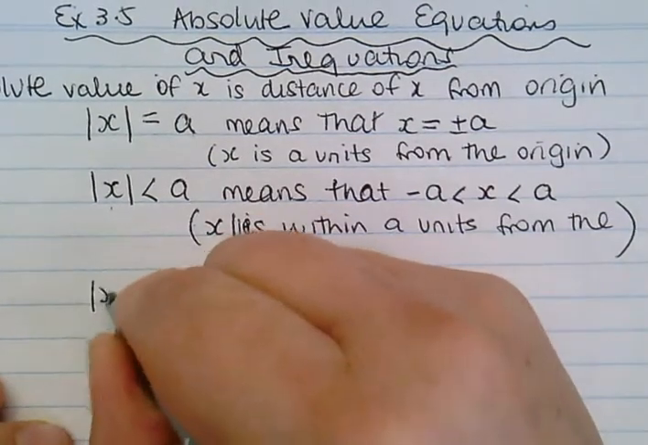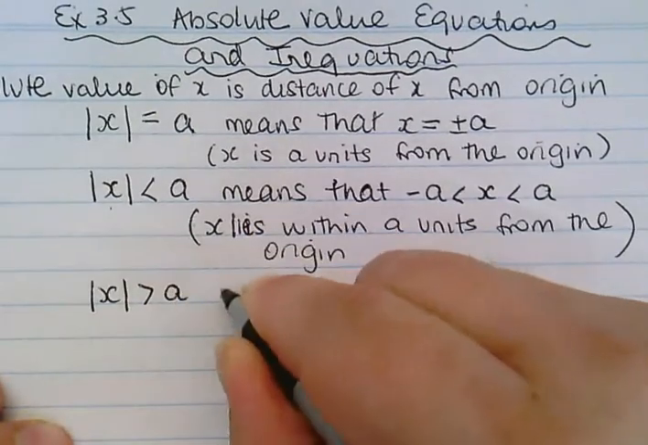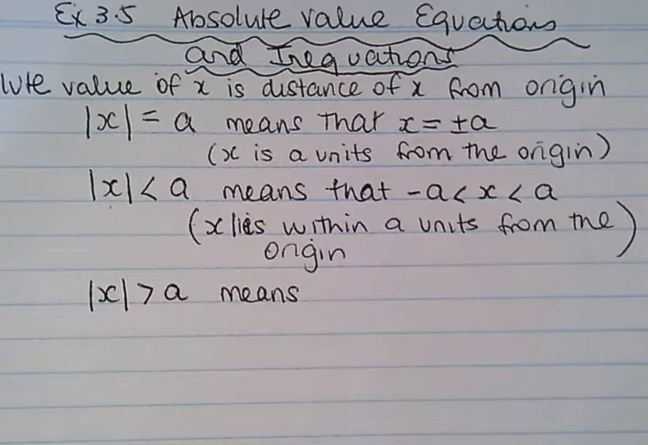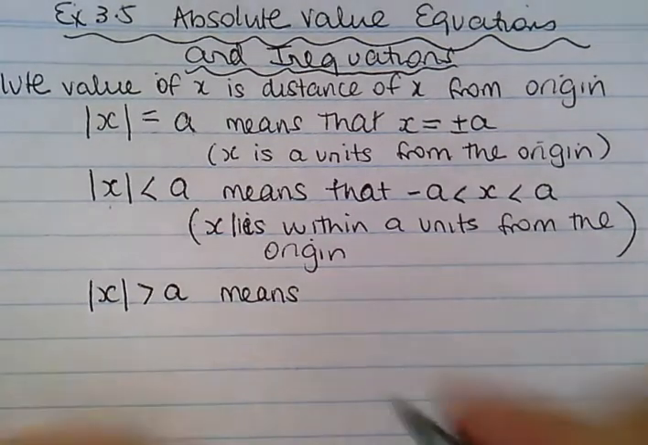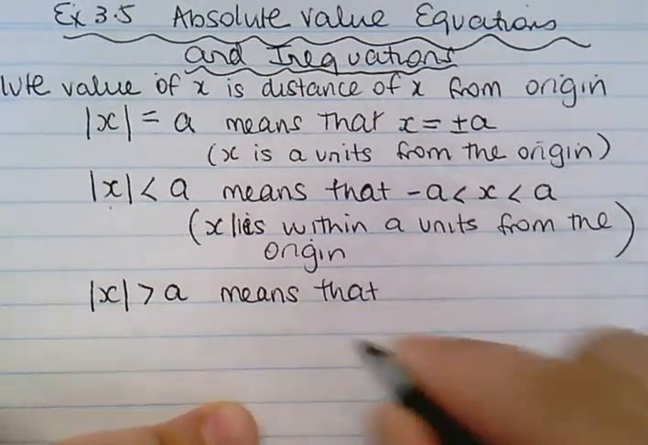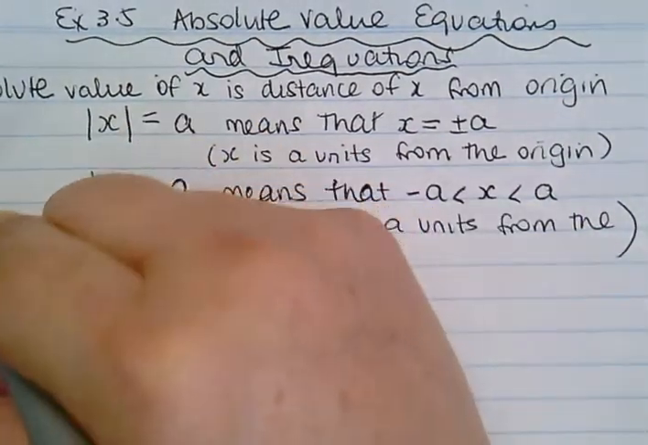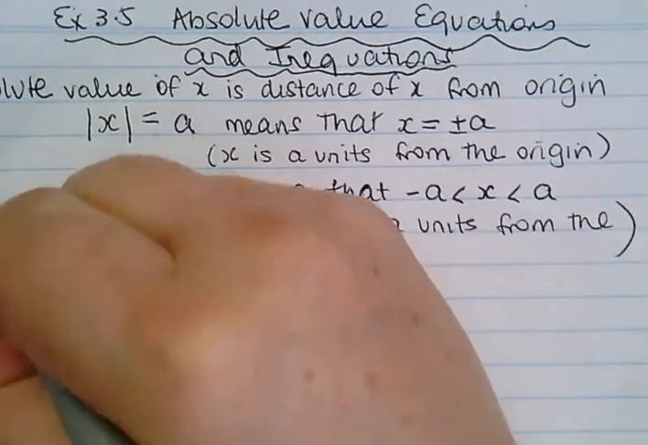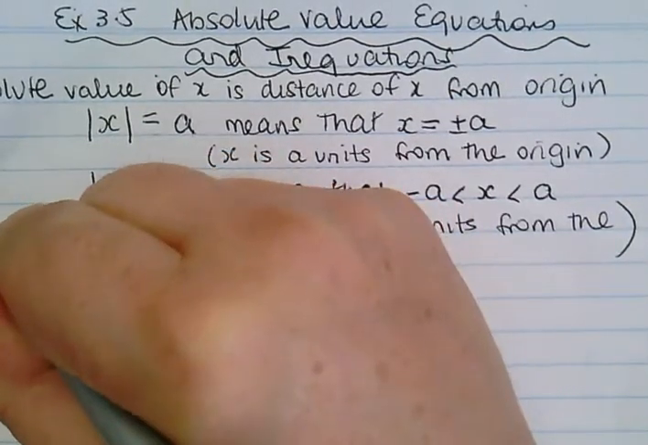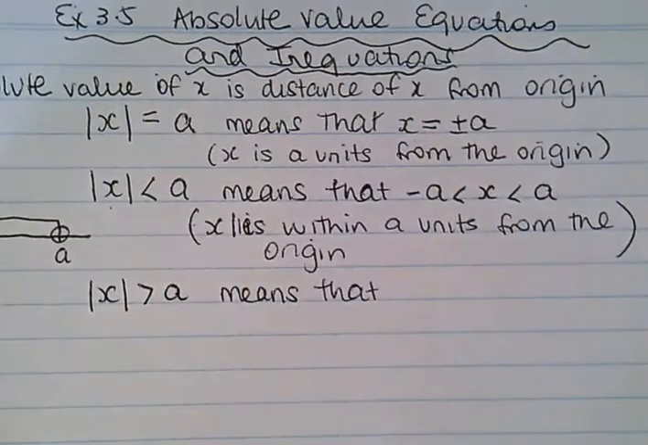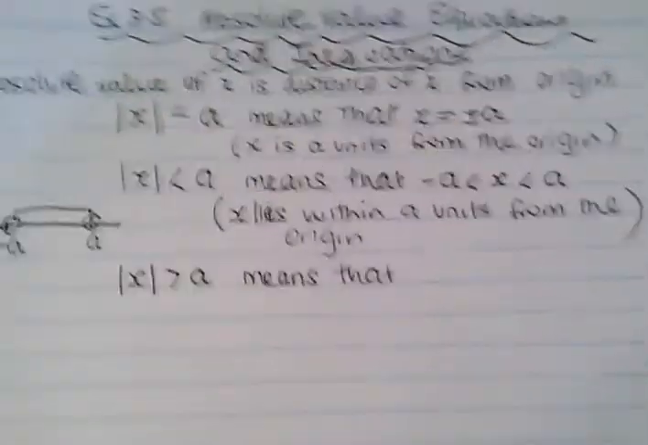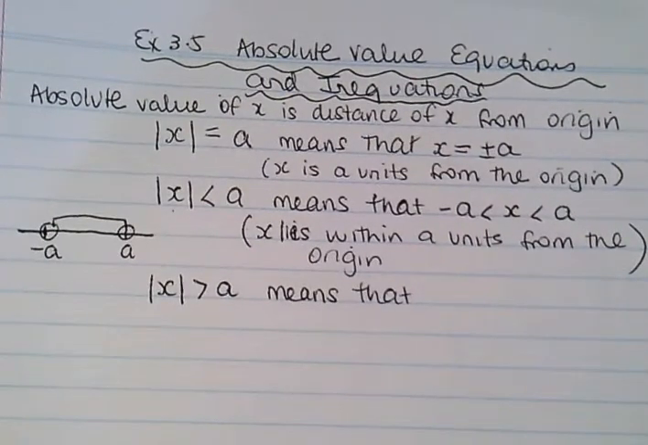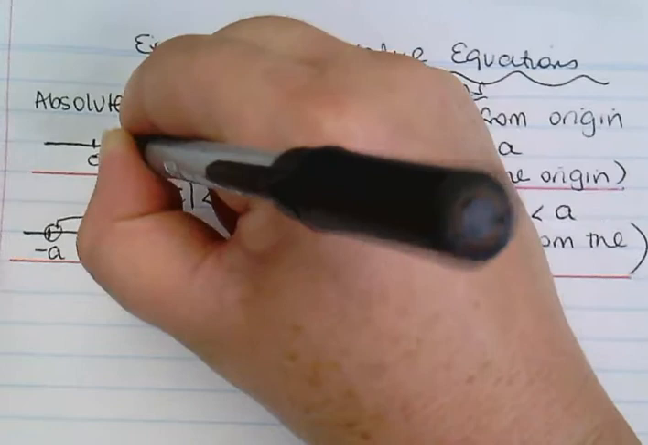If the absolute value of x is greater than a, that means that x is more than a units from the origin. So if I draw a number line, see what I'm going to do here, I'm going to draw it on a number line. Negative a, x lies between those two. Sorry, I need to make this bigger, and I should have spaced this out a bit more. If this is the origin,